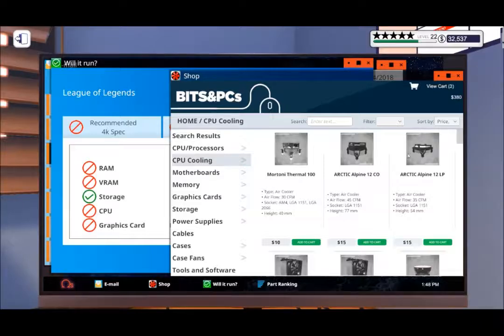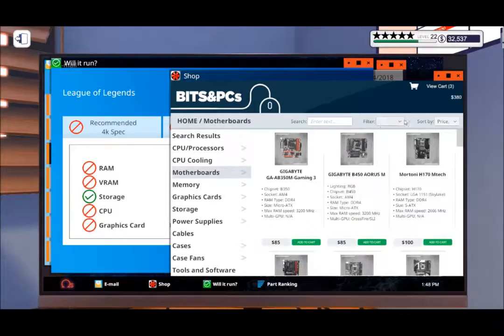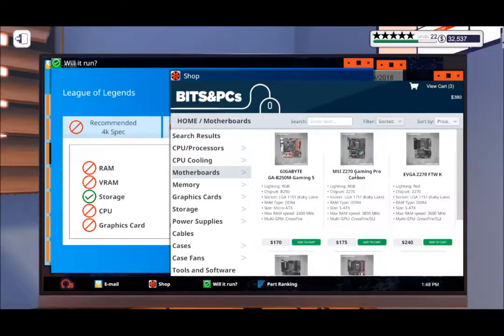$10 cooling. So really quick, we've got the processor, we got the cooling. Motherboards. Let's look at Kaby Lake. The best deal here is going to be this guy right here. Boom. Minus